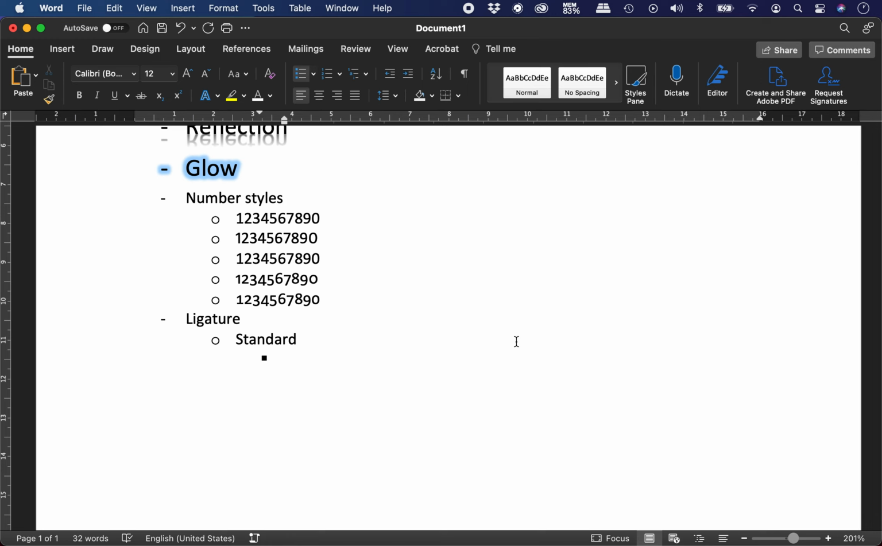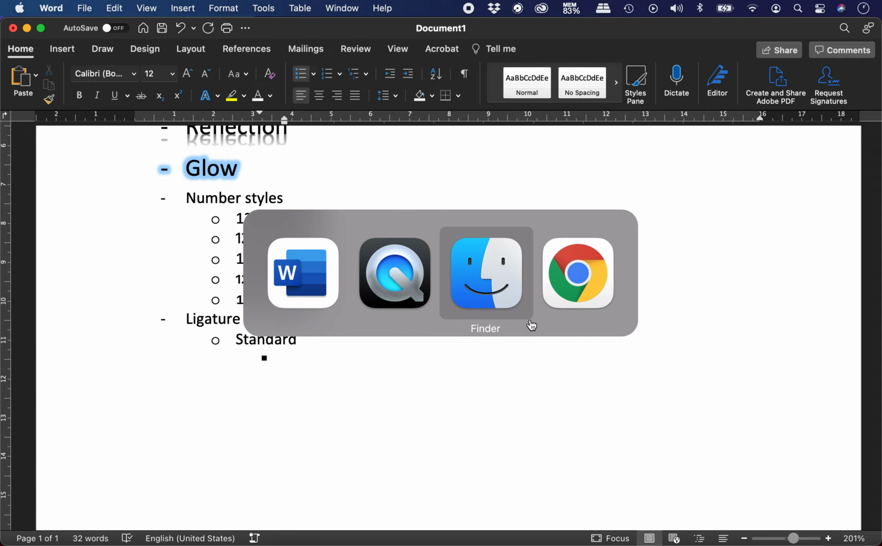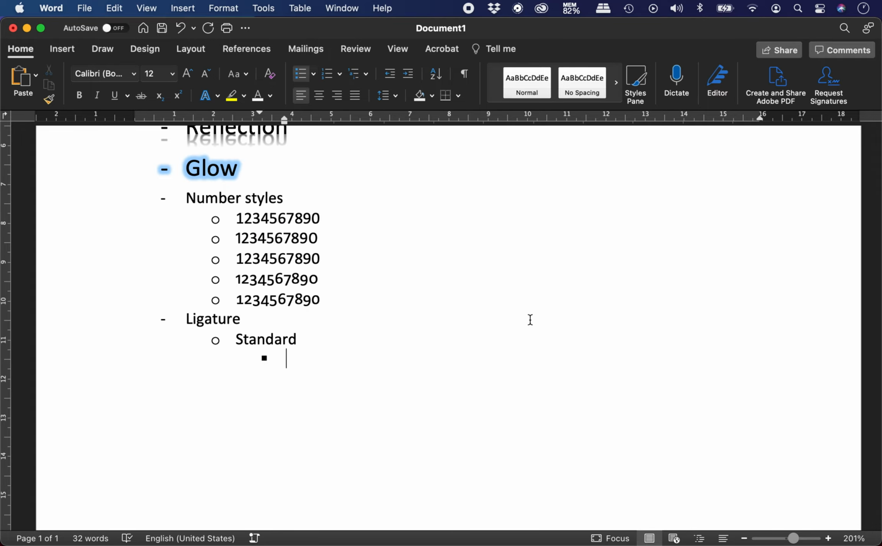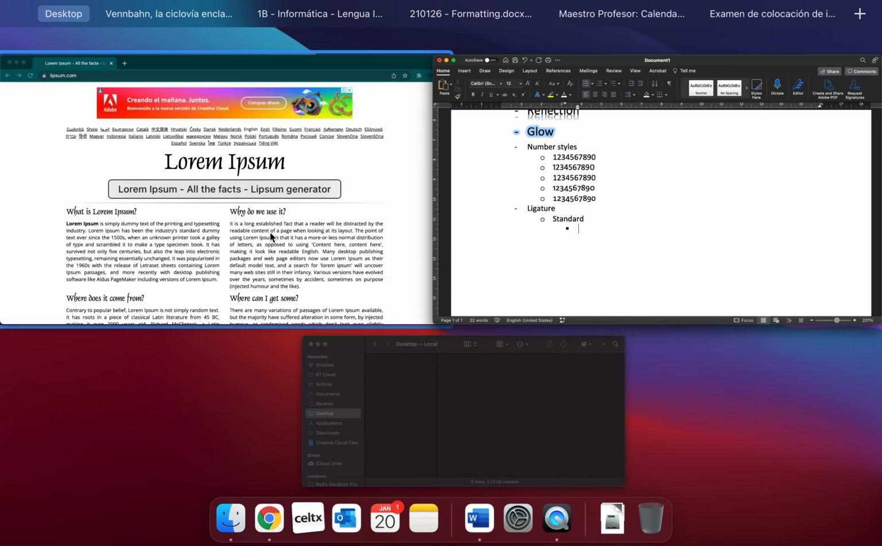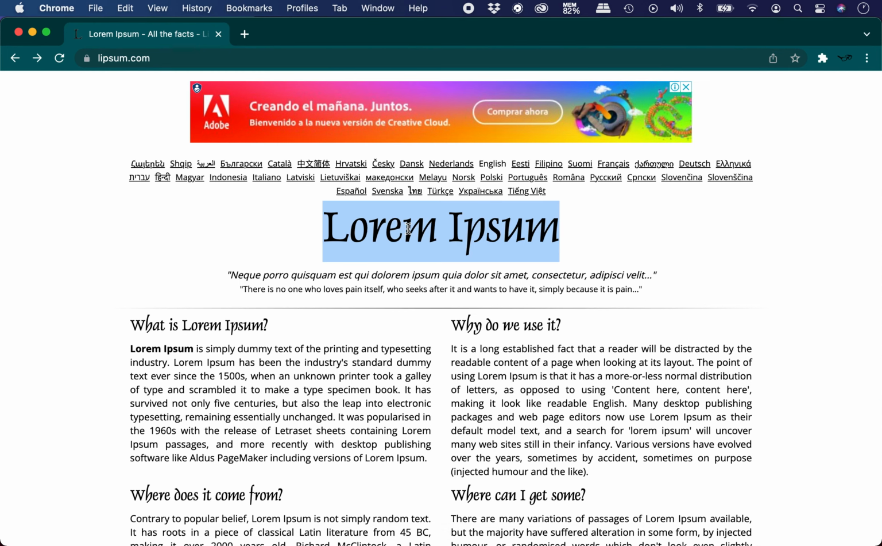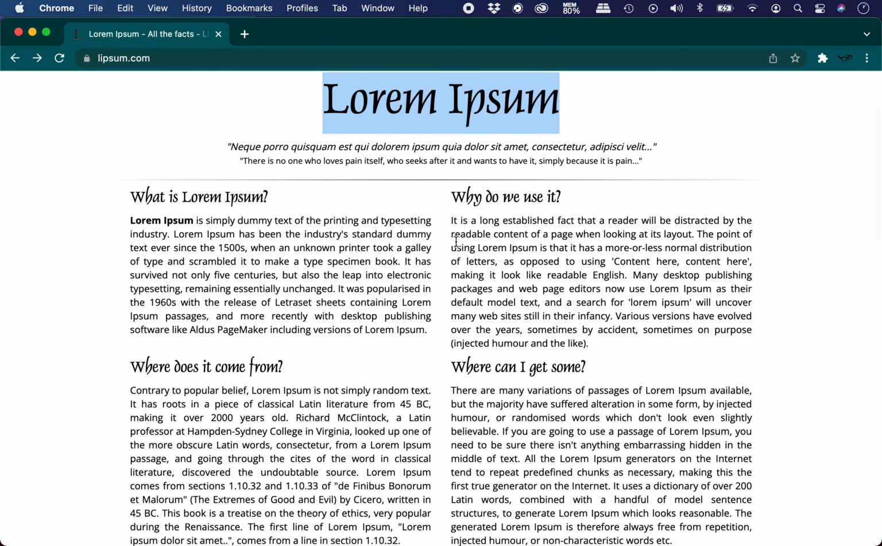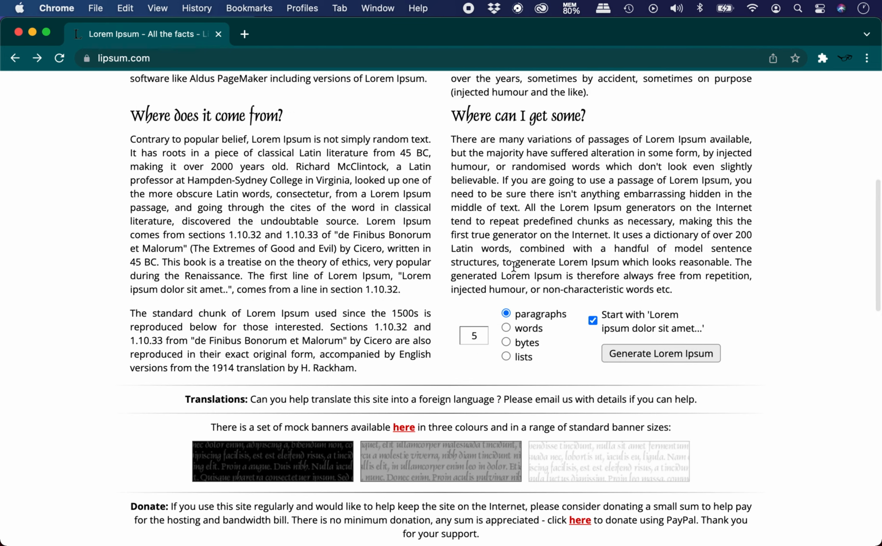So right here, we're going to put a bunch of text. I'm going to go to the Lorem Ipsum website. If you're not familiar with Lorem Ipsum, it's computer-generated text. I recommend you go to this website, lipsum.com, where you can generate a bunch of text that is, quote-unquote, generated